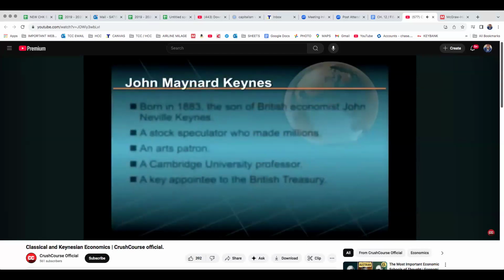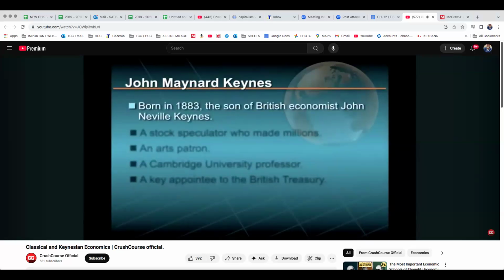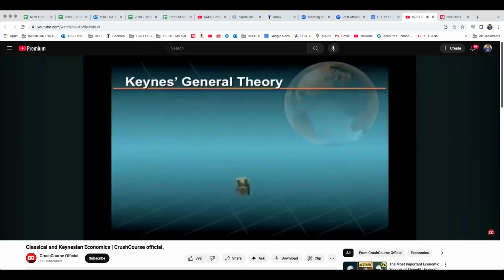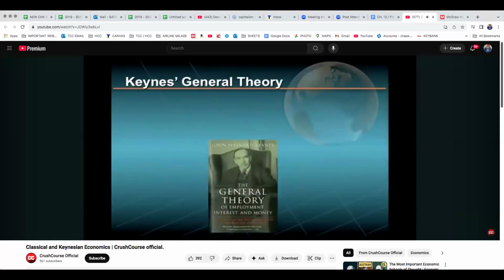John Maynard Keynes was born in 1883, the son of a British economist famous in his own right, John Neville Keynes. Maynard Keynes was, by all accounts, a genius who made millions as a stock market speculator. He was also a distinguished patron of the arts, a faculty member at Cambridge University, and a key appointee to the British Treasury. In 1936, with the global economy flat on its back, Keynes published the General Theory of Employment,